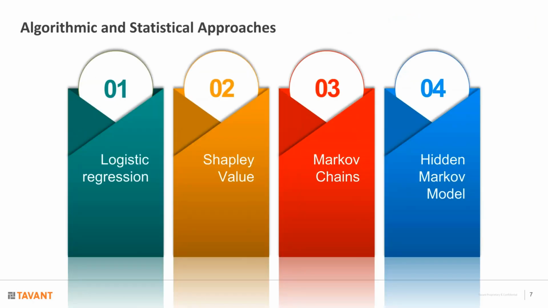So today I will talk about 4 methods in the algorithmic and statistical approach category. And here, because of the short time that we have in this webinar, my aim is to provide key ideas behind each of these approaches and talk at a level to develop an intuition about how these work. I will not get into the various nuances and finer details because of the time limitation, but if there's any interest, please feel free to contact Ravi or me. We'll share our contact details at the end of the talk.